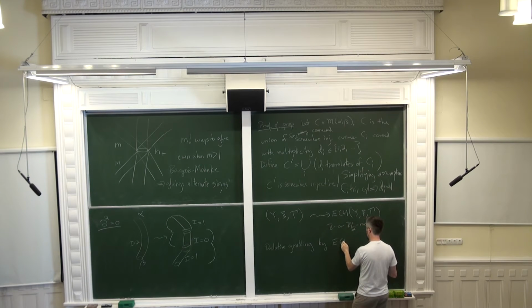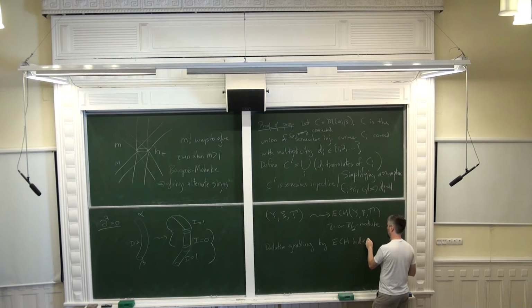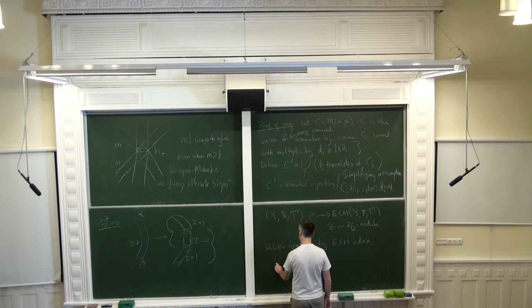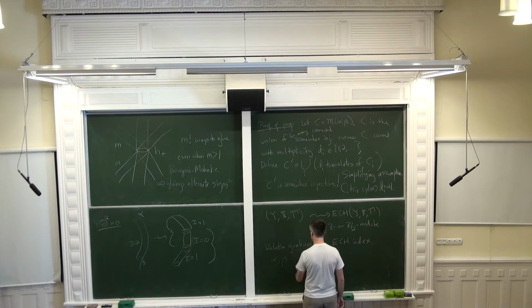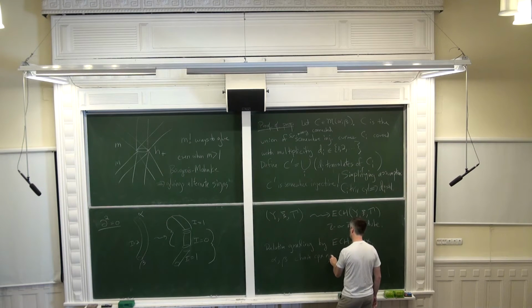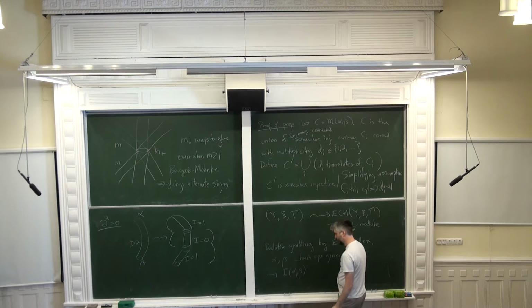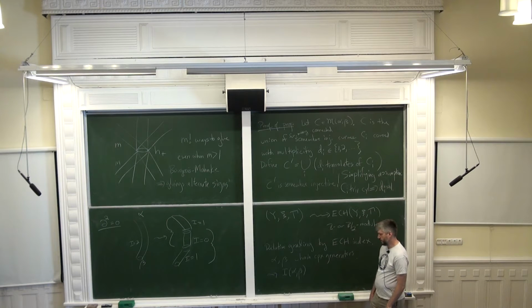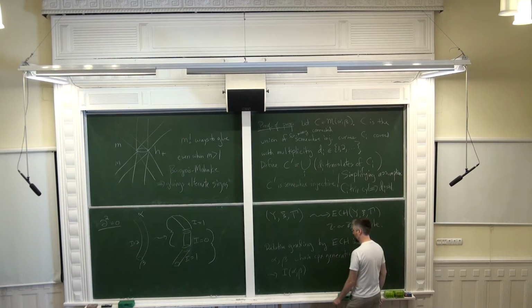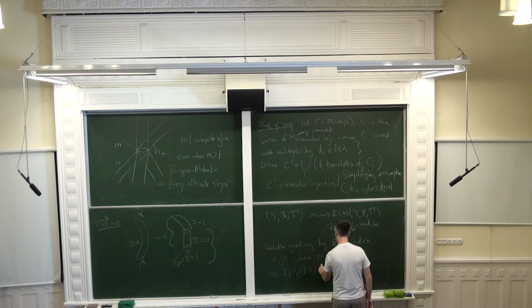By the ECH index. So that means that if alpha and beta are two chain complex generators, then I can find what I'll call I(alpha, beta), which you can think of as the gradient difference between alpha and beta, the gradient of alpha minus the gradient of beta. So this is defined to be I of alpha, beta,